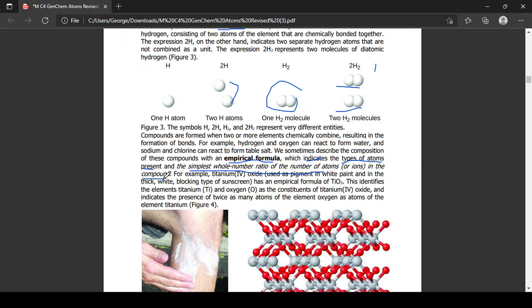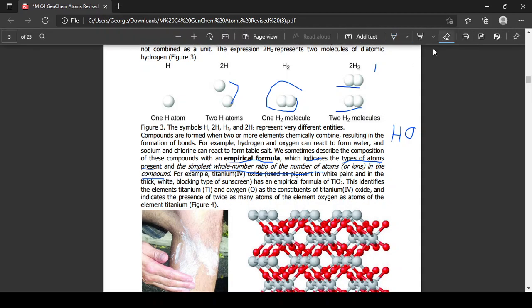Again, anong pulos sa aton empirical formula? Ano ni ang iyang description? It indicates the types of atoms present and the simplest whole number ratio of the numbers of atoms in that said compound. And that is your empirical formula. Gina-indicate niya kung meron ka hydrogen, meron ka oxygen, and it simplifies it to the simplest whole number ratio of the number of your atoms, and that is your empirical formula.